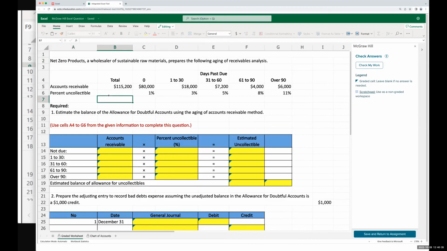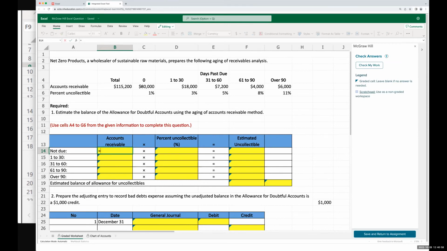Now for my advanced users, they love integrated Excel. So I have some students who have been in industry for 10, 15 years, and they've got a lot of skills in Excel, probably more than I do even. And they come in and they love integrated Excel because now they can do their homework so much more efficiently and effectively using all those Excel tools. So let me just show you a little bit how they would do this assignment.